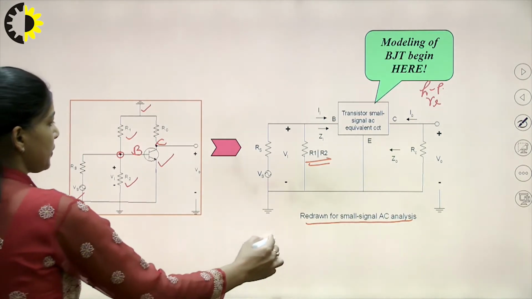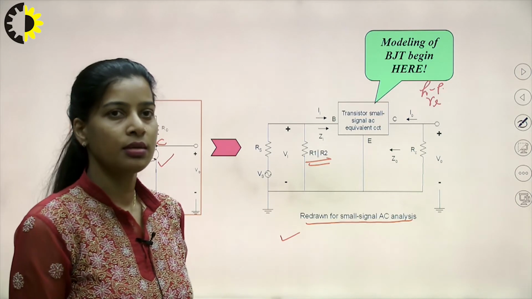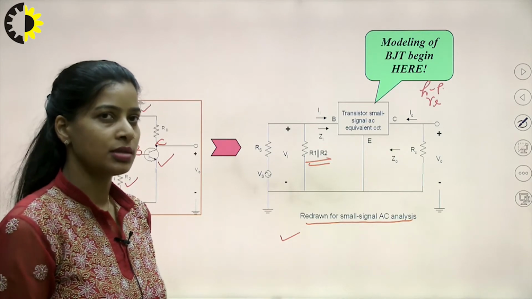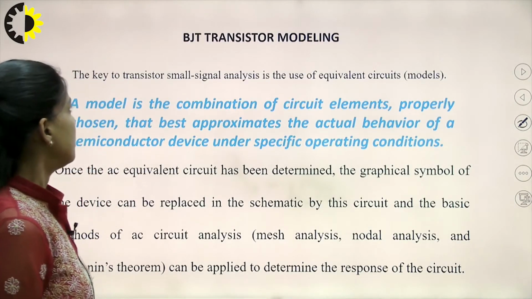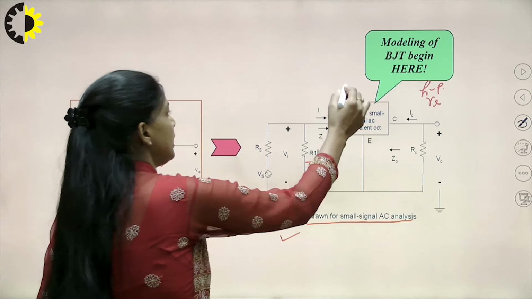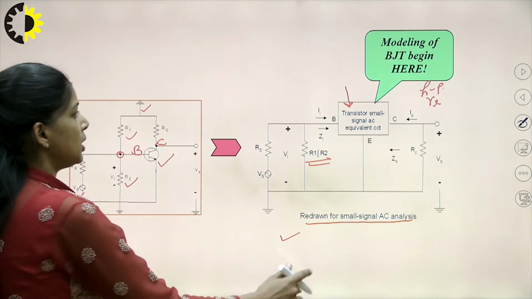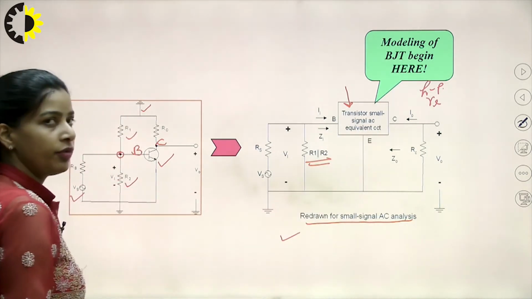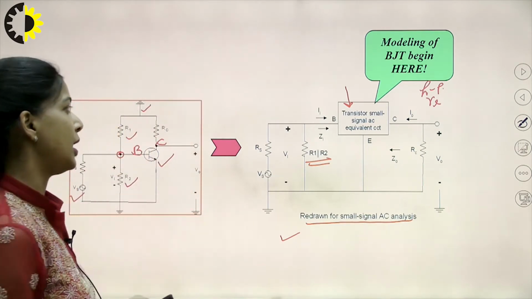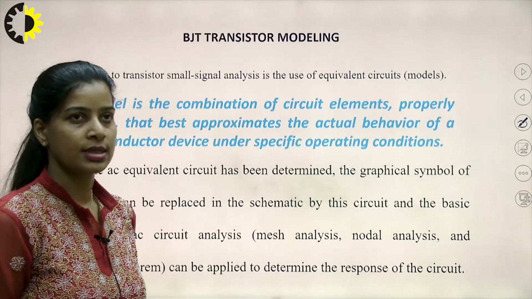So, this circuit is the equivalent circuit that we can use for the small signal AC analysis of bipolar junction transistor circuits. In the previous one, what is now required? We need this model. The remaining circuit is there. Now, we need the model of the transistor, and we will replace this block with the model of the transistor. Then our circuit will be complete, and we can analyze the circuit by using mathematical equations.